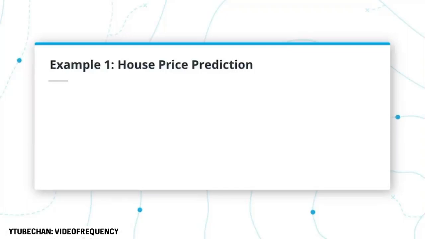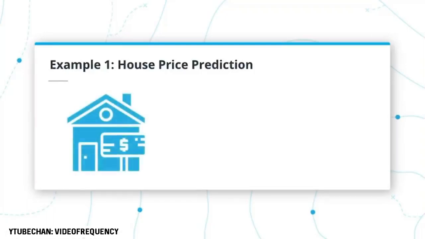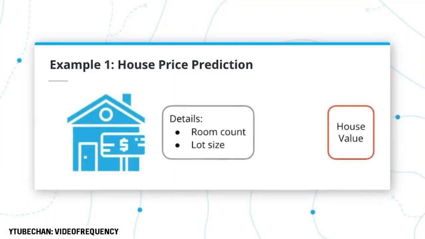We will start with one of the most common examples in machine learning coursework, house price prediction. You want to predict the value of homes in your neighborhood. You know that real estate appraisers use many details to predict value, such as the number of rooms and the house size. Therefore, even if you don't understand the relationship fully, you believe a relationship exists between these observable details